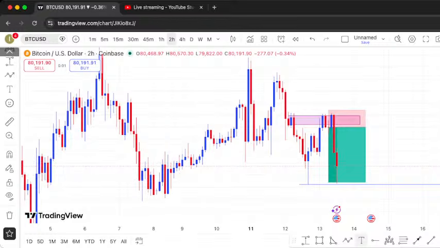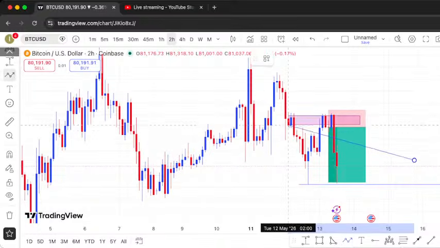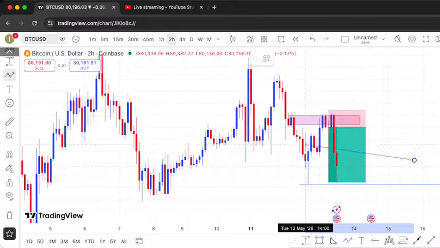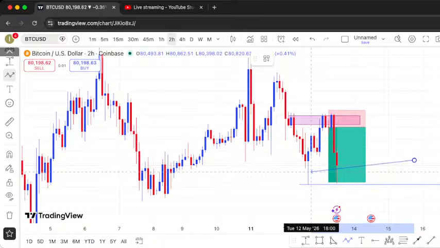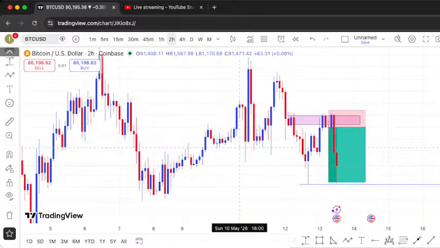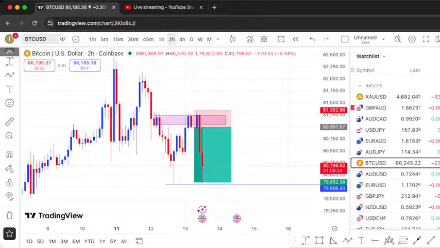Very simple. This is an order block, a bearish OB. So the market dropped massively, pulled back to the OB, and now again dropped all the way to a recent low, which we were targeting. And if you took the risk, you have been rewarded by the market. So you have been paid, right? Nice. So that's BTC.